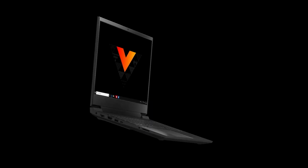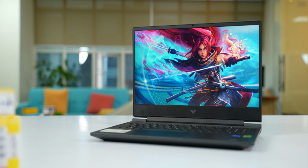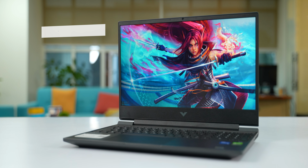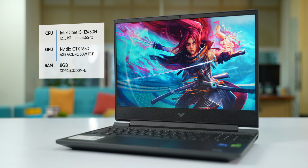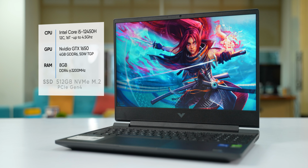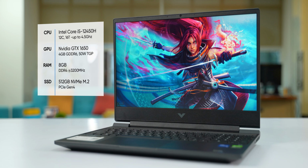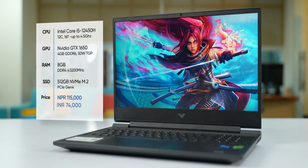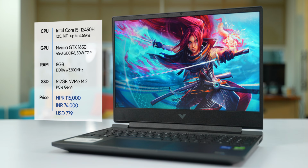3050 Ti graphics. But since Victus is all about affordability, I got myself the base variant, which has an Intel Core i5-12450H CPU, GTX 1650 graphics, 8GB of DDR4 RAM, and 512 gigs of NVMe SSD storage. This particular unit retails at around 1,15,000 rupees here in Nepal, some 74,000 rupees in India, and $800 in the US. However, you can find it on deals from time to time for less than $650 and some 95,000 rupees